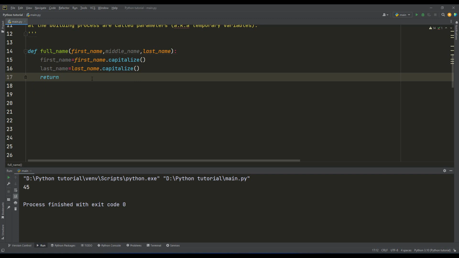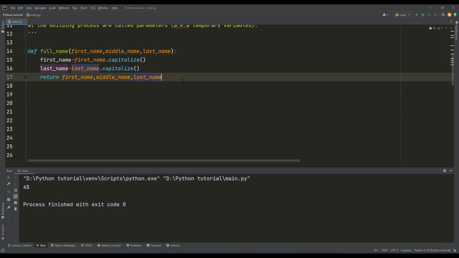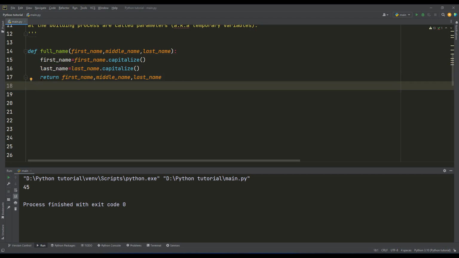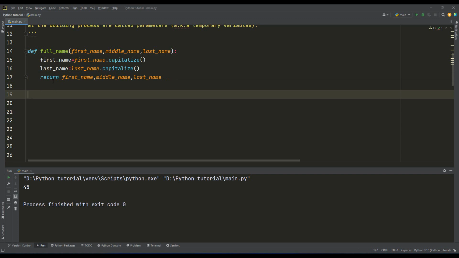For example, I want to return first name. I also want to return another thing, so I can use a comma. I want to return my middle name. I want to return another thing, I want to return last name. So when I invoke the function here, it is mandatory to use a print, because there is no print statement underneath in the function, and I cannot show the result. So the function will give me these variables, but I want to visualize this, so I use